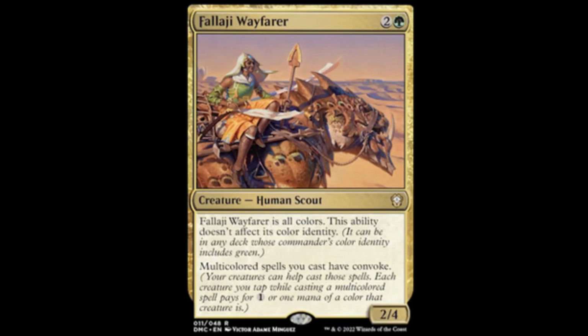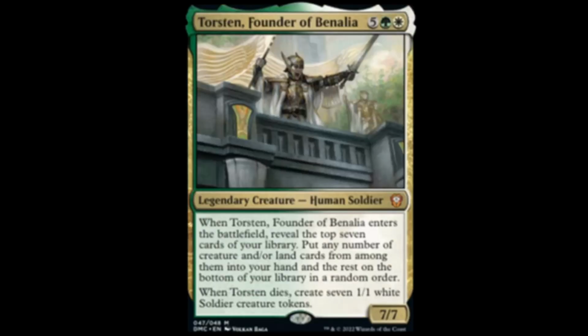Anyway, I won't go there. Multicolored spells you cast have Convoke. Oh, good God. So you can basically convoke your stuff to cast your 5-color spells. This thing's disgusting. Thank God it's not printed in standard or something. This would just be absurd. Commander All-Star. All right. Also in the 5-color decks probably is Tristan, founder of Benalia, white, green, and 5 for